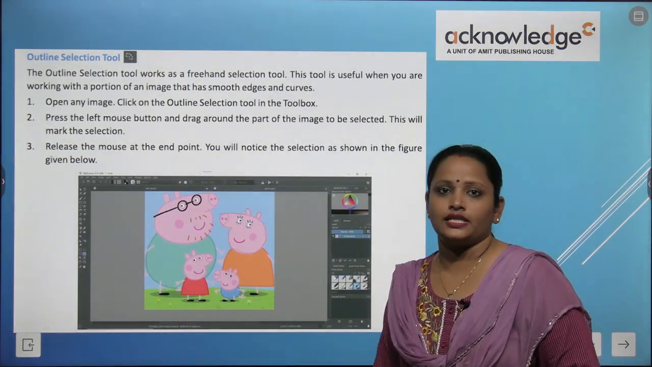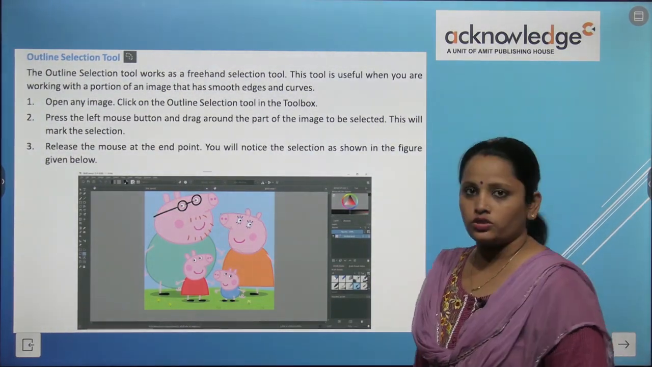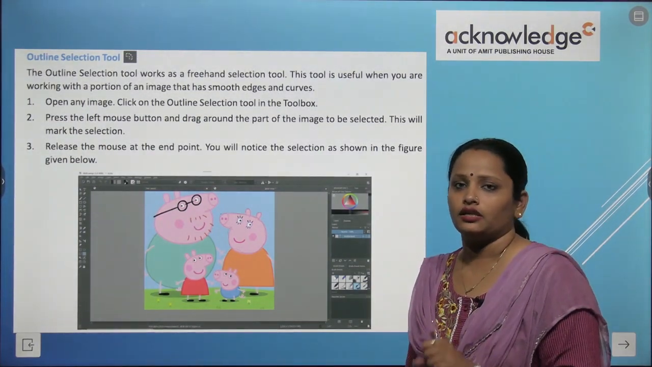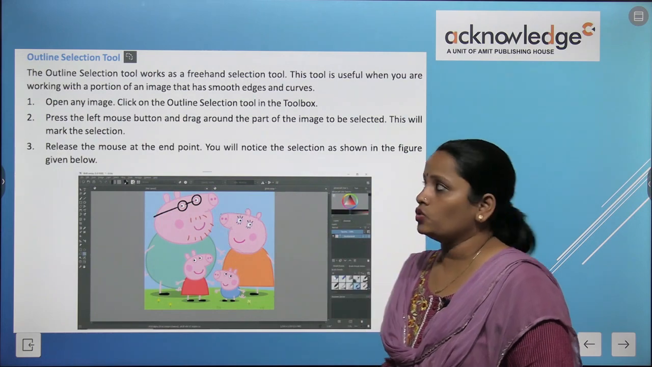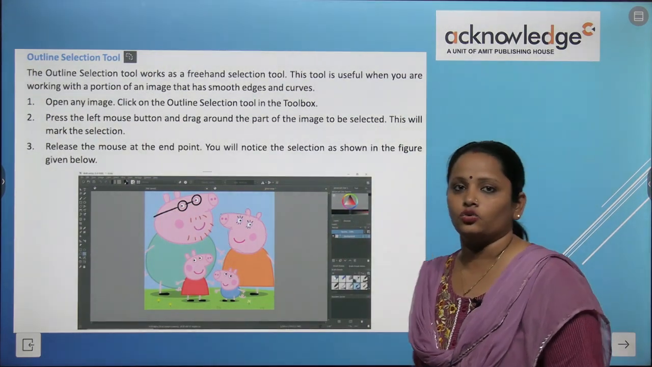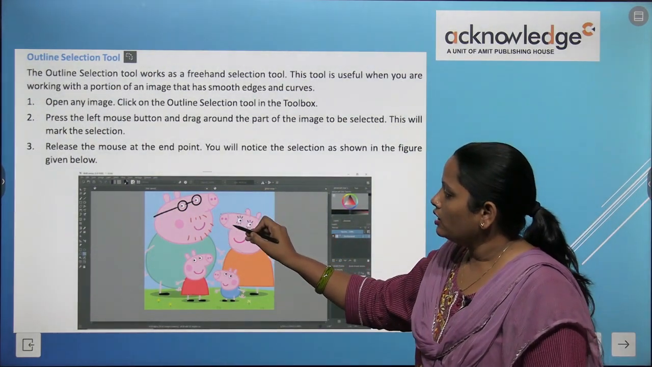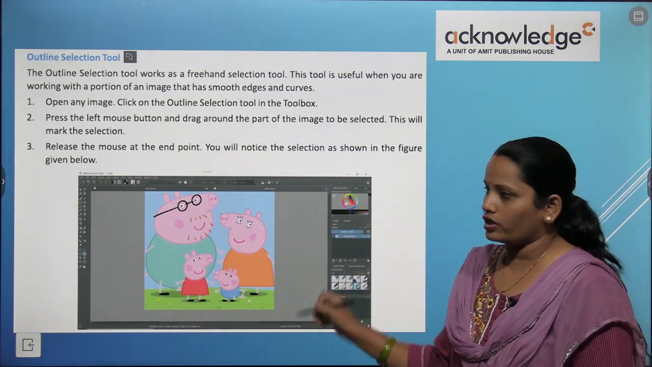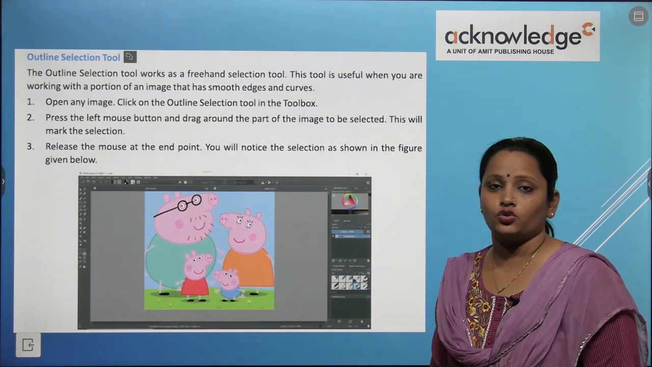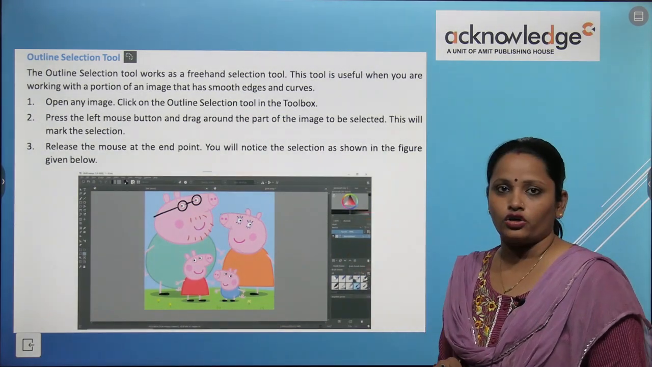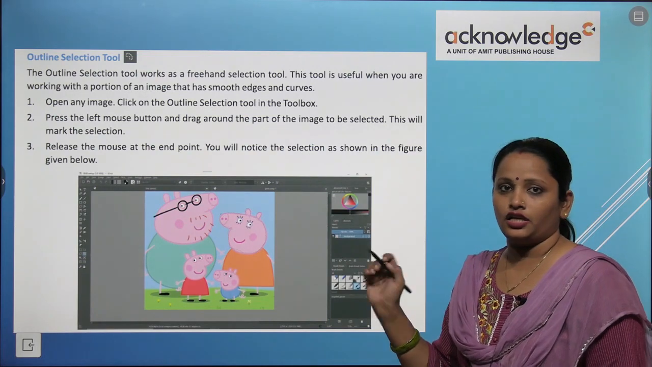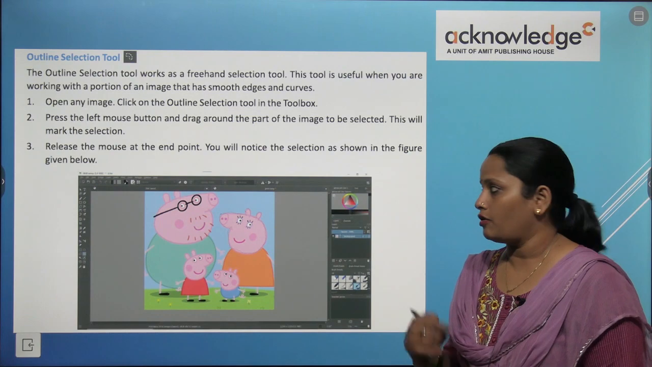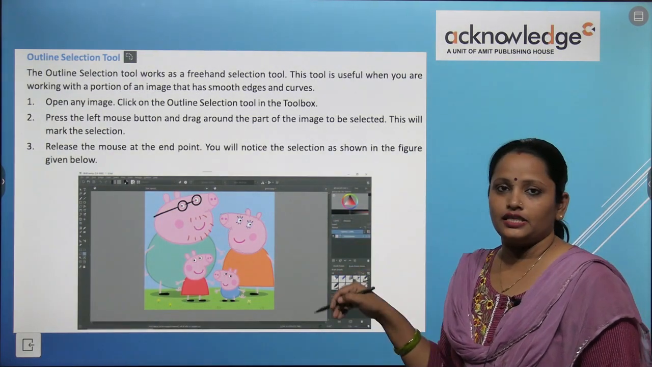Next is outline selection tool. सो आउटलाइन सिलेक्शन टूल से हम क्या कर सकते हैं, किसी भी पिक्चर की बारीकियों को हम सिलेक्ट कर सकते हैं. So the outline selection tool works as a free hand selection tool. So easily I can draw, इसके पूरे फेस पे मुझे फेस चाहिए तो मैंने फेस पे एक लाइन ड्रॉ की है. Through this outline selection tool, फेस के आउटलाइन पे मैंने लाइन ड्रॉ की है, फ्री हैंड से की है, टेढ़ी मेढ़ी लाइन हो जाए कोई बात नहीं।